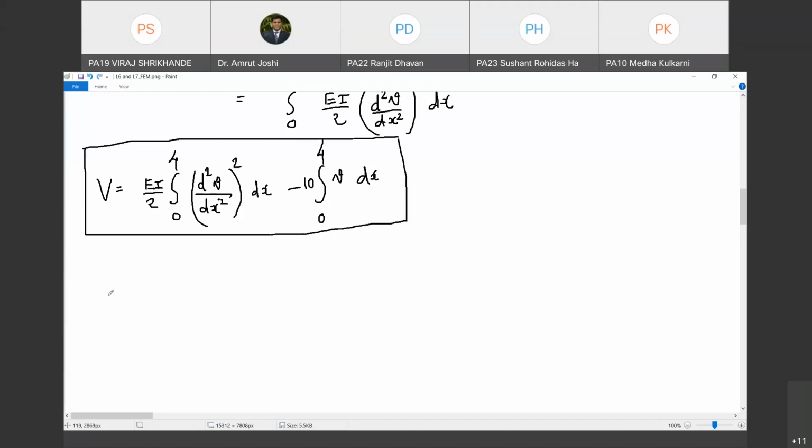Now I have to minimize this potential energy. So can you tell me this potential energy is a function of what? I will ask few of you, you have to unmute and tell me. So Madhav, can you unmute yourself? If you are not able to unmute, you have to respond in the chat box. You have to answer my question. What is the potential energy a function of? Ye kiska function hai? Ranjit, can you tell me?